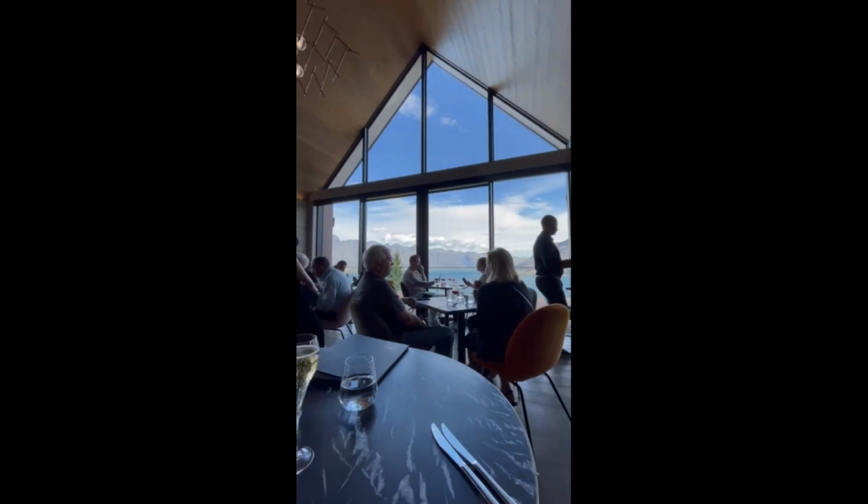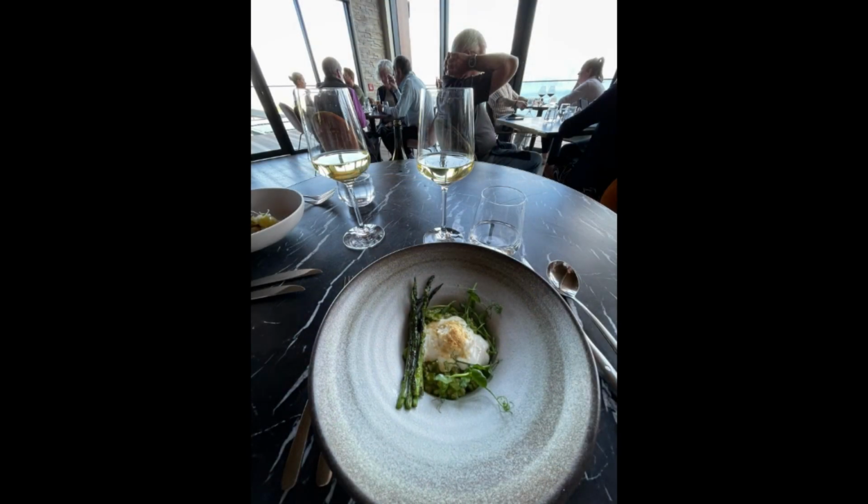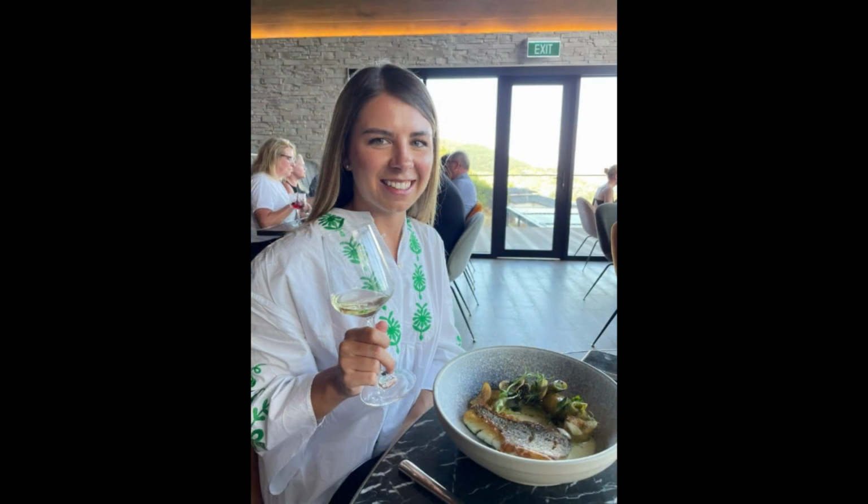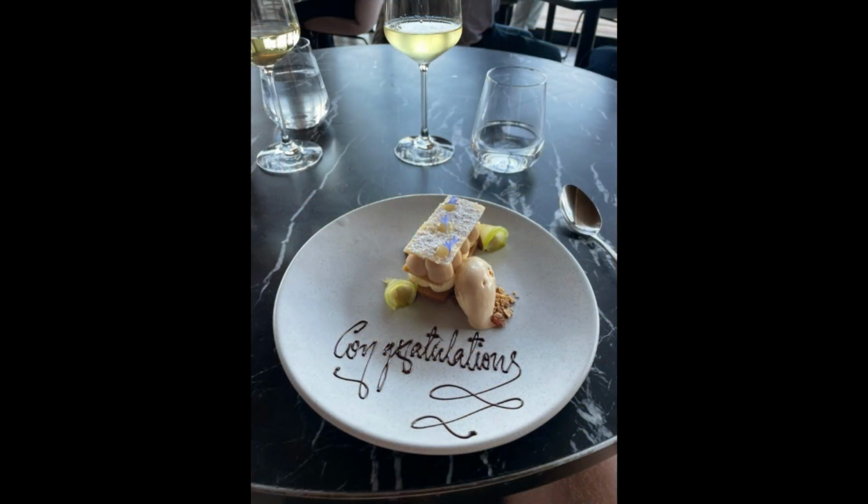And then this is Nest. And we had a 5-course tasting there, and I'd strongly recommend that for anyone. They love pickling stuff though, which I'm up for, but you're not. I'm not a massive fan of the pickling. And yeah, we had 5 fantastic courses. We had some Black Barn, and we shared a bottle of our favourite Black Barn Chardonnay,